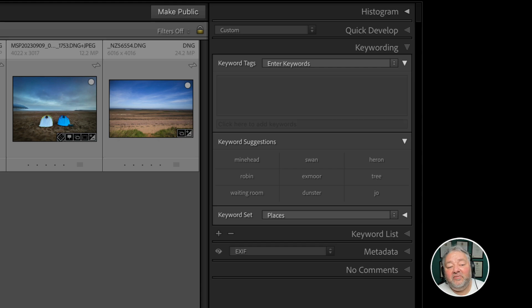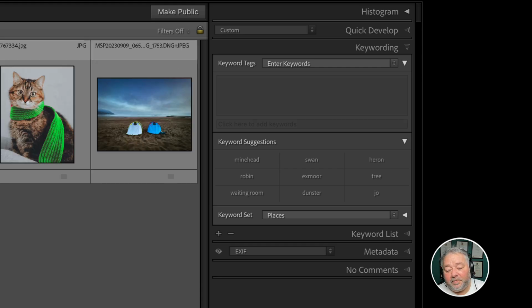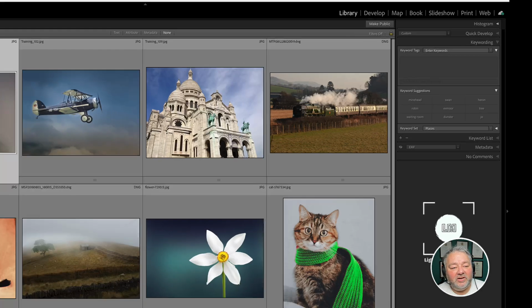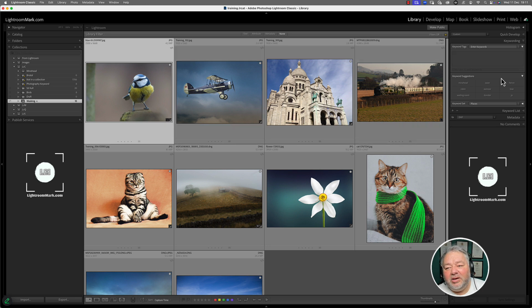So if I had a load of pictures of birds, and I type in the word bird as a keyword, or select it, or tick the box to allocate it, or drag the keyword on, it would come up with suggestions: oh, you've got another picture of a bird with a keyword on it, and it would come up with all the keywords in there, and you would just click. However,